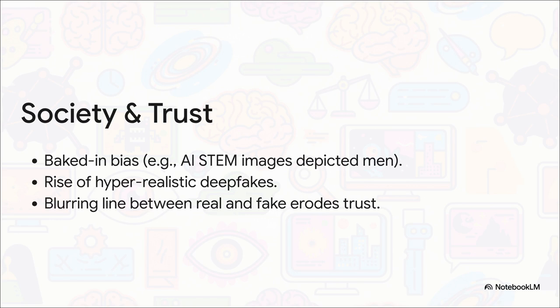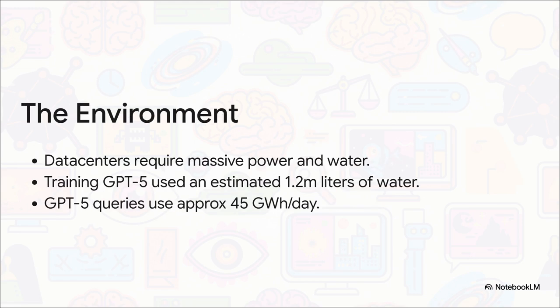There's also the very real physical footprint of AI to consider, the environment. Generative AI data centers require massive amounts of power to run, and enormous volumes of water just to cool their servers. To put this physical footprint into perspective, the training phase for GPT-5 alone soaked up an estimated 1.2 million